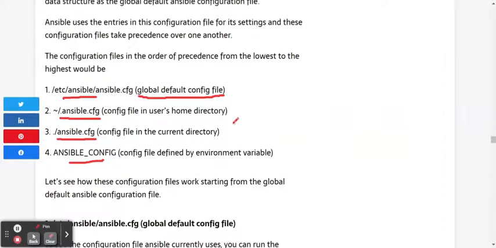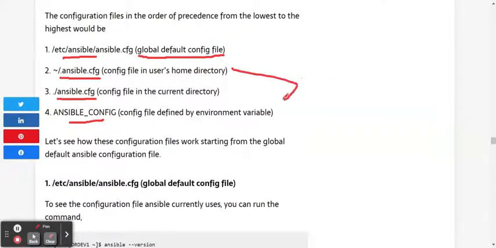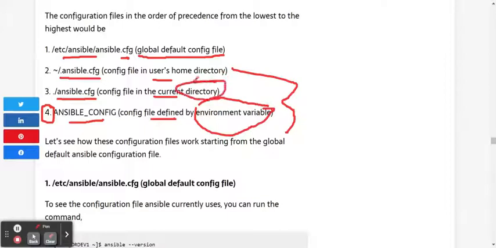So you can see all these other Ansible configuration files there, and they follow each other in the order of precedence, which means that this takes the highest precedence. So this is higher than this, while this is higher than this, while this is higher than this. So if I have the Ansible configuration file configured here and of course configured here, this means that Ansible will use the configuration file that is defined by the environment variable because this takes a higher